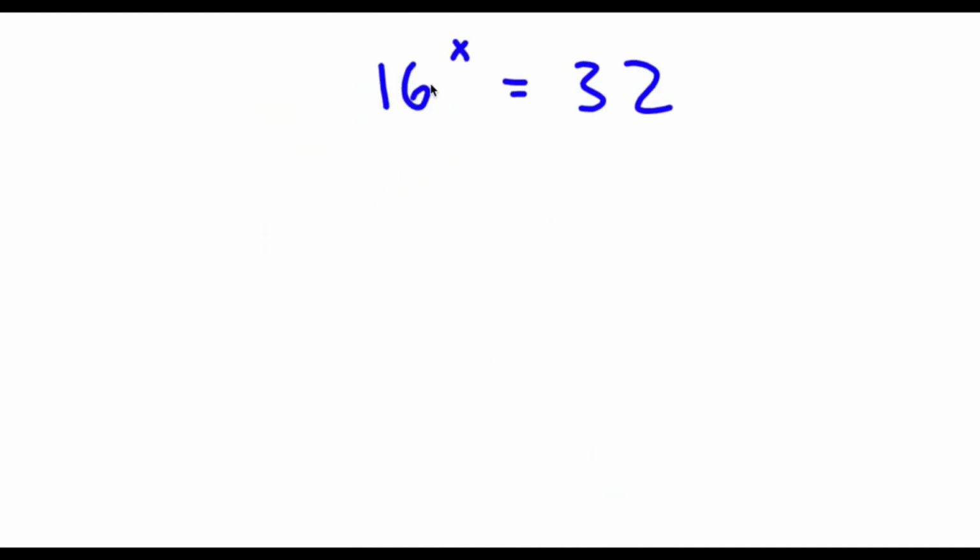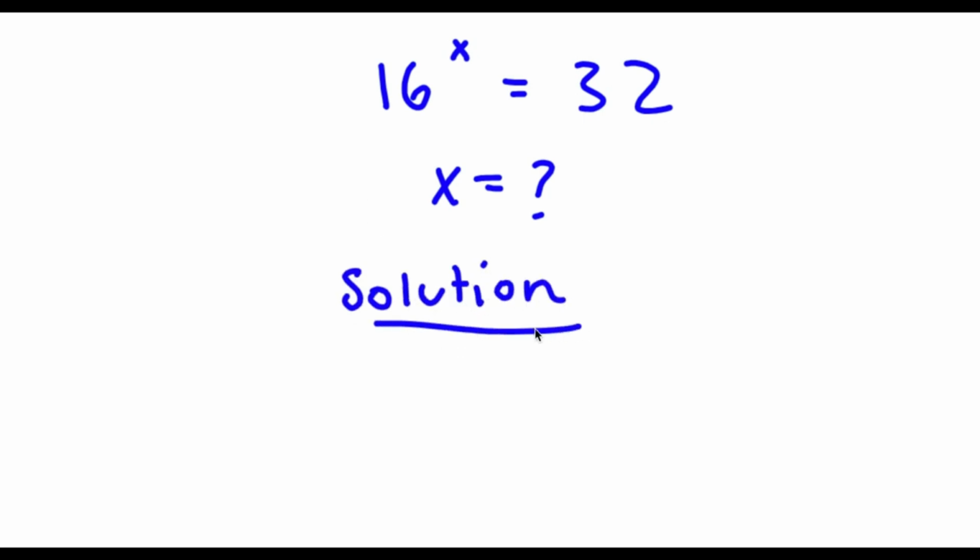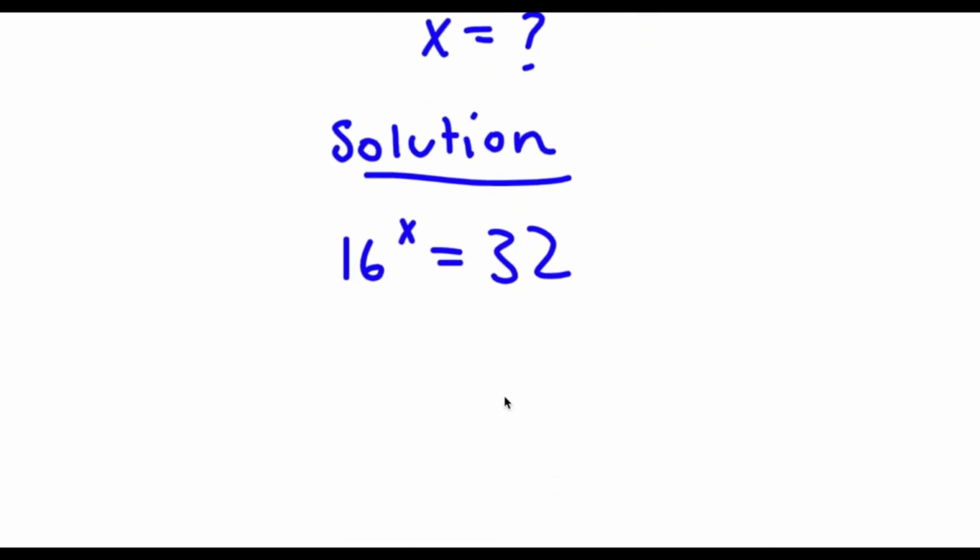Alright, so I have 16 to the power of x is equal to 32. So right here, I want to find the value of x. So for my solution, first start with 16 to the power of x is equal to 32. So 16,